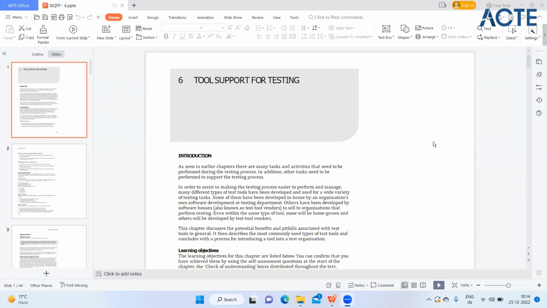Today we will be learning about the tool support for testing. This is the complete theoretical part, so you have to go through each slide. In some of the slides, you will see the types of tools divided under each category. So mainly you have to remember the type of category in which what kind of tool comes, and secondary